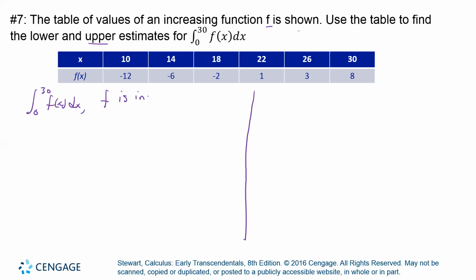F is increasing. Now, if x is increasing, remember, if you have an increasing function, the left endpoint gives lower estimates. So we have Ln, this one gives lower estimates. And then the right endpoint gives upper estimates of the area. Okay, so if I want to look at the lower estimate for this function,